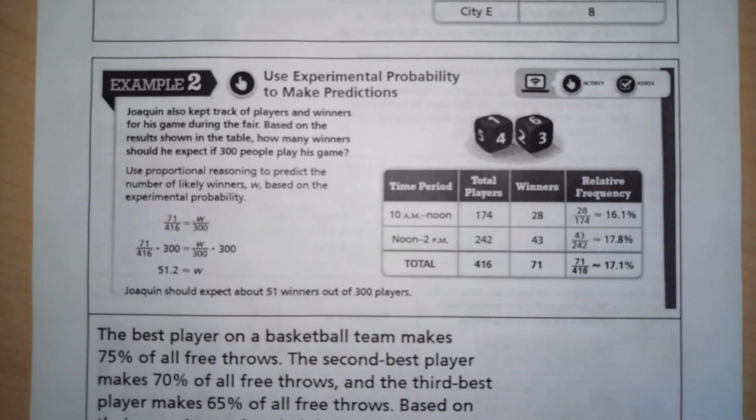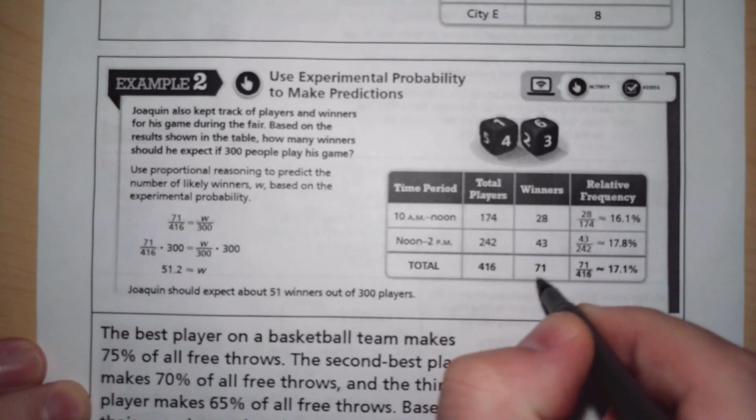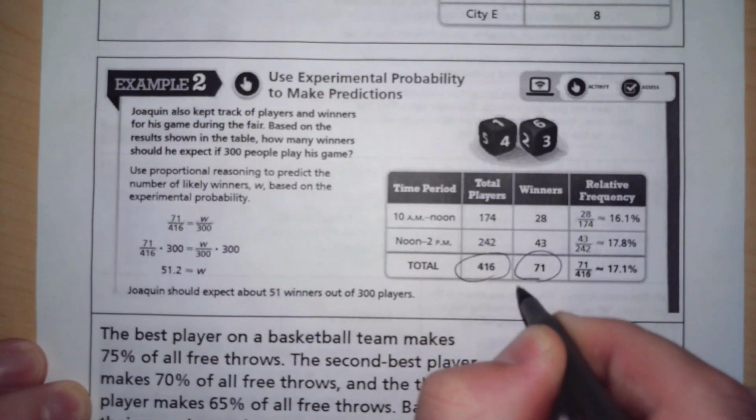In example 2, we've seen this before. We're using experimental probability to make predictions, except before we did it with theoretical probability. It says Joaquin also kept track of players and winners for his game during the fair. Based on the results shown in the table, how many winners should he expect if 300 people played the game? Use proportional reasoning to predict the number of likely winners, W, based on the experimental probability. So we take these numbers from the table,